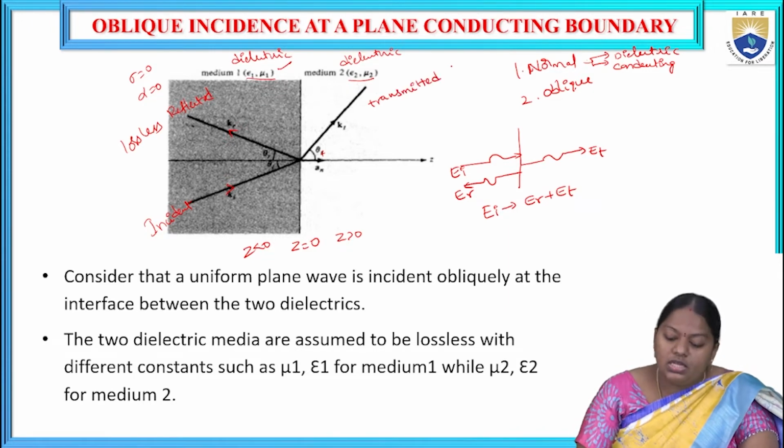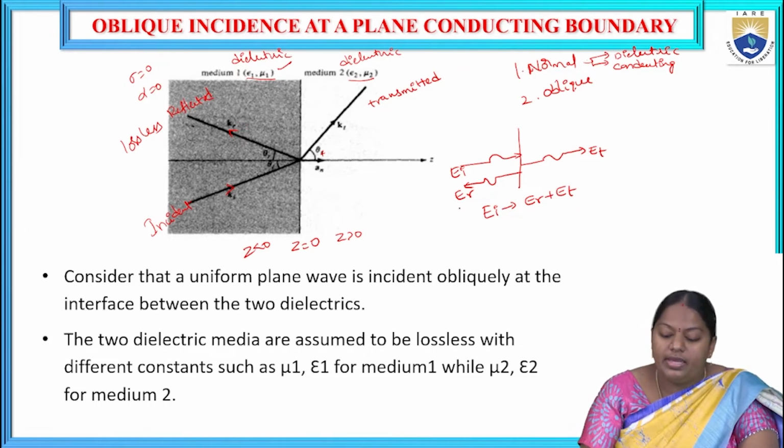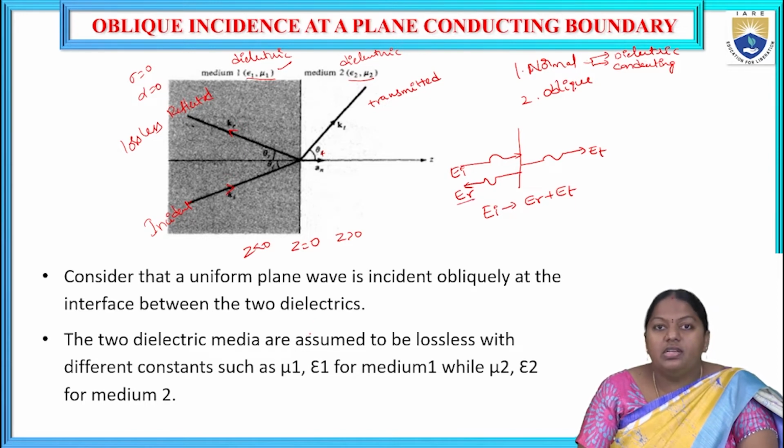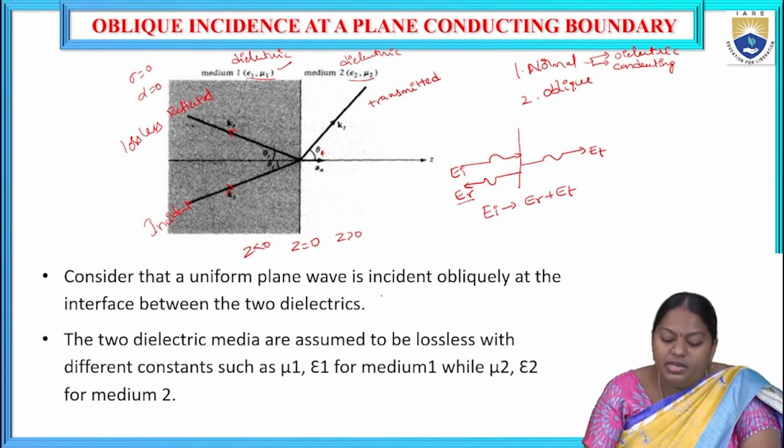Okay. As we know, EI is the notation for the electric field intensity vector of the incident wave, ER is for the electric field intensity vector of the reflected wave, and ET is the transmitted wave electric field strength or intensity, right? So consider that a uniform plane wave is incident obliquely. Between two media there must be some boundary, meaning when the incident wave strikes that boundary, part of it will be reflected back to the same medium and part of it is transmitted